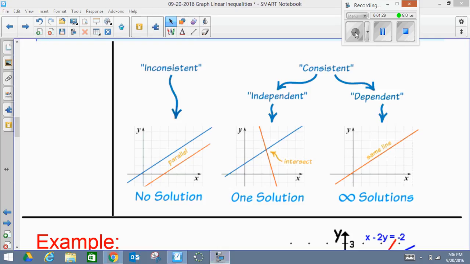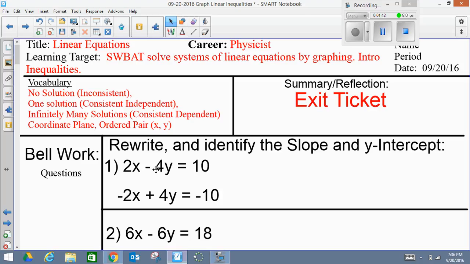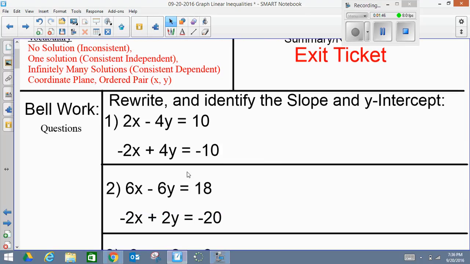Now, when you're graphing, it's easy to see if the system has no solution, one solution, or infinitely many solutions, because you can see it graphically. But if the question is, without graphing, identify if the system has no solution, one solution, or many solutions, or if the system is consistent independent, consistent dependent, or inconsistent, then without graphing, what we